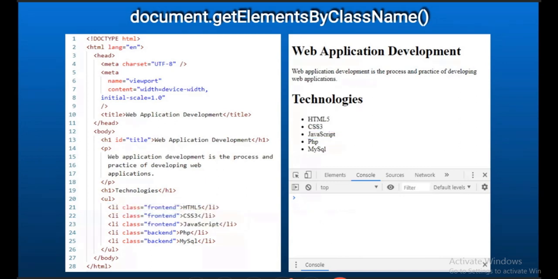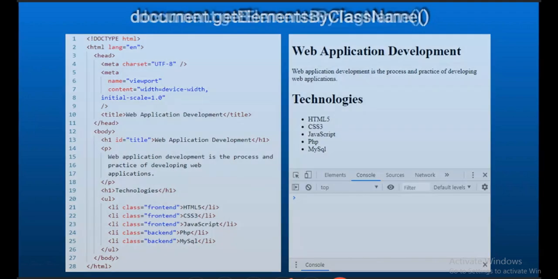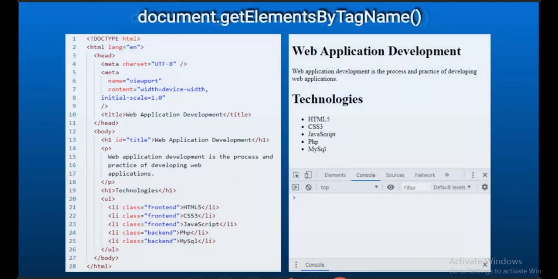Now let's look at document.getElementsByTagName. I believe all of you know what a tag is. H1 is a tag, UL is a tag. HTML elements, that representation is a tag. So we will access elements by tag name. You can observe that here also there is elements, so multiple elements can have the same tag name.